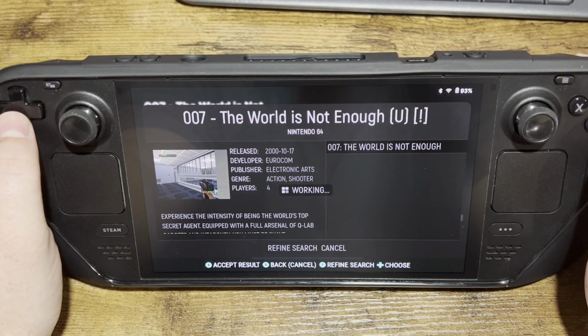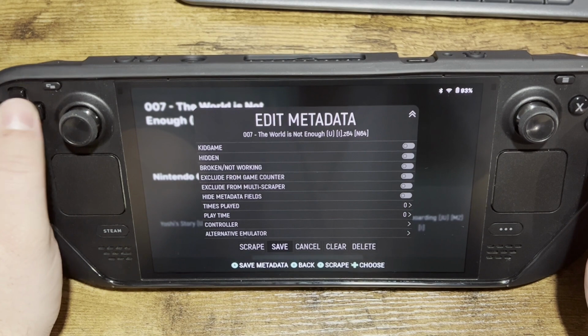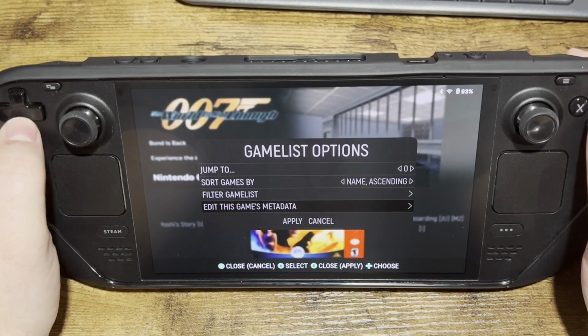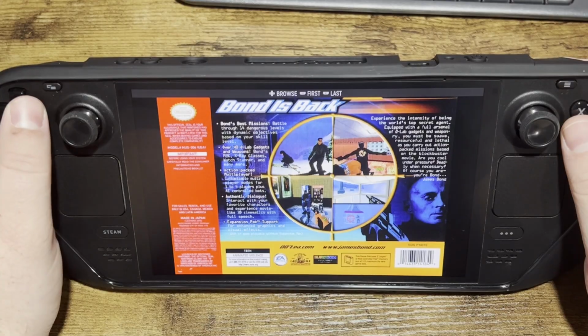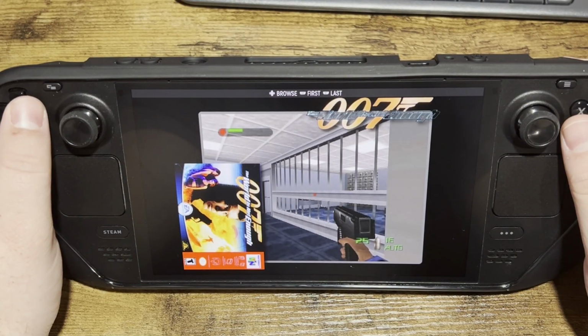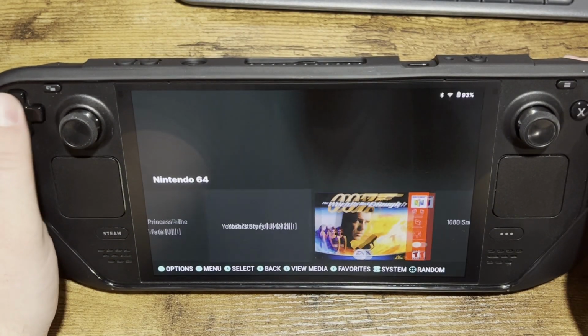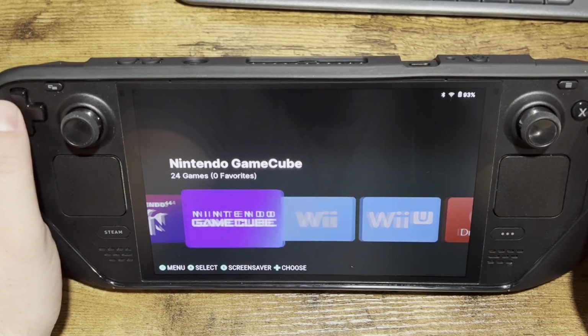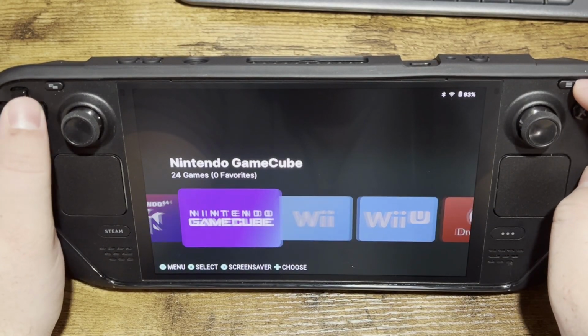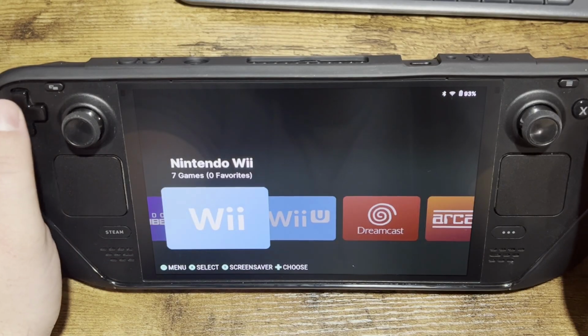Accept the result. And save. Apply. And there's all the information there. So GameCube will do